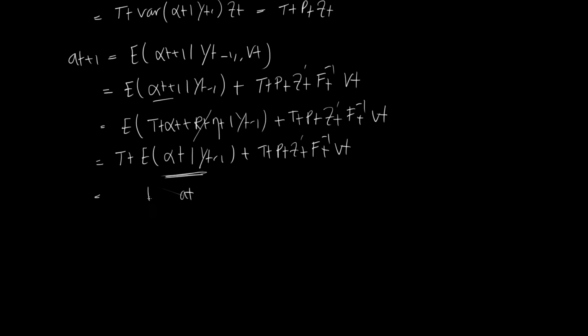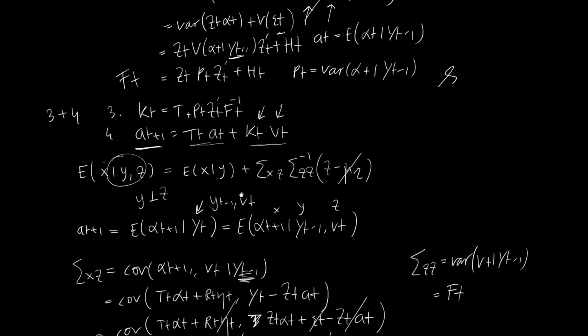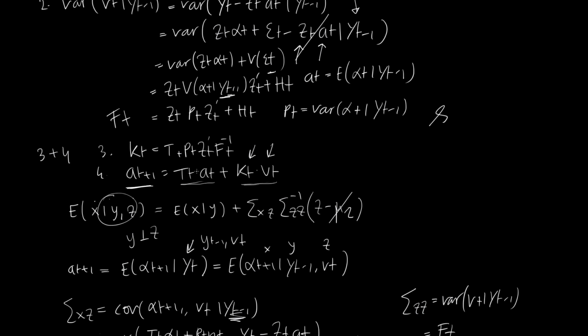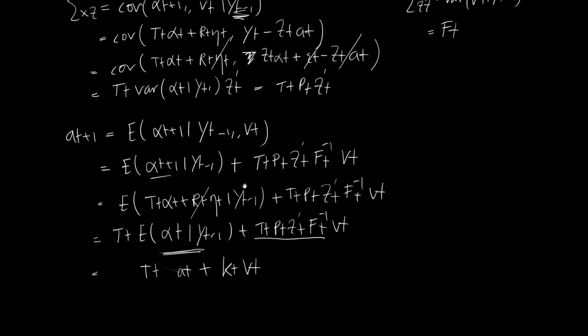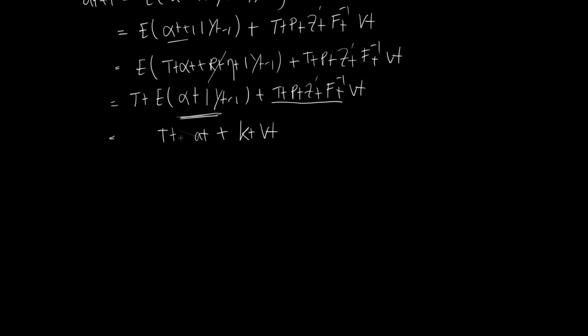So we get T_t A_t plus, and if we now take exactly this part as the Kalman gain, K_t, we find the fourth equation: A_{t+1} is T_t A_t plus K_t V_t, with exactly that Kalman gain. Then finally, for the fifth and final equation, recall that the fifth equation was given by